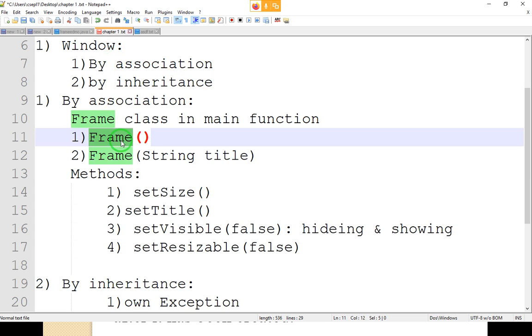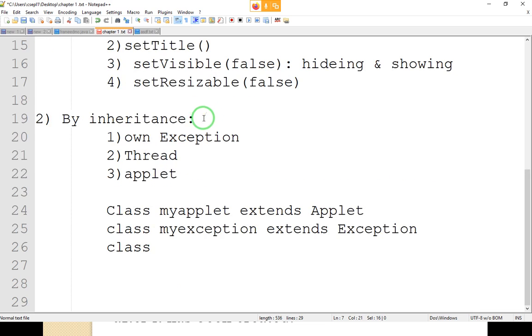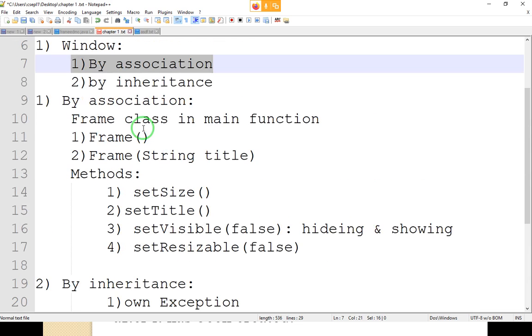Now we will create a window first by using association. When association is considered, your frame is a part of your main function. Means a frame is a member object created within the main function.